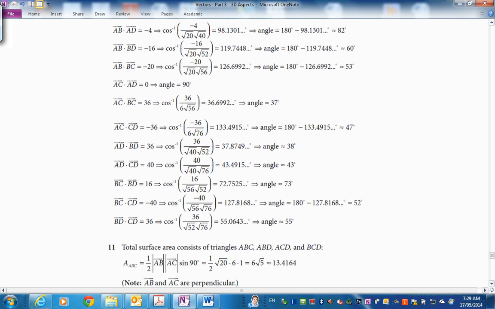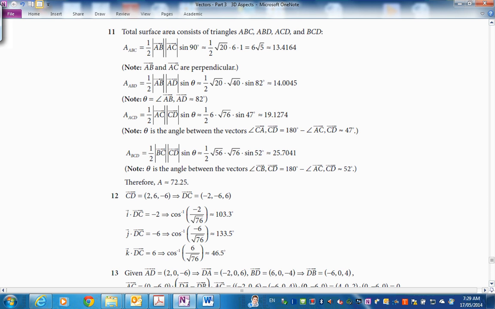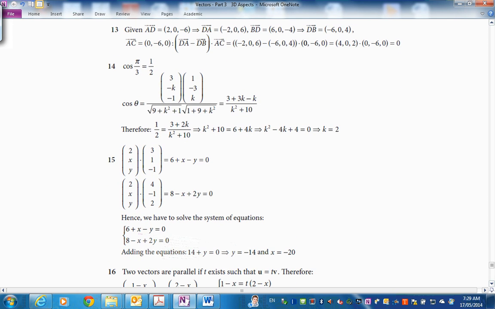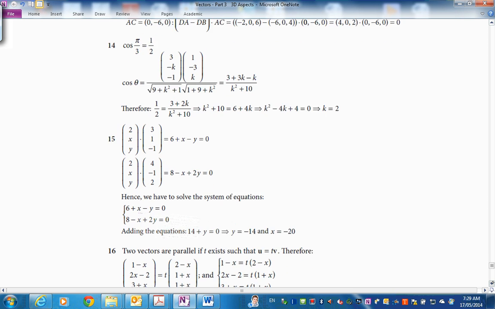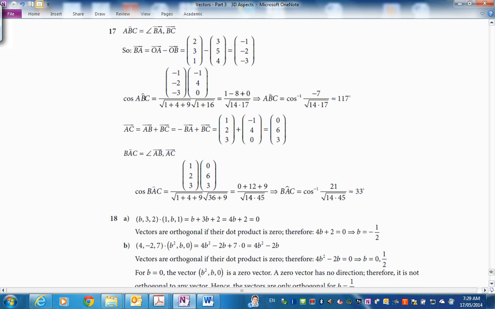Rest of 10. A lot of work in 10. Give that one a miss, I think. 11 and 12. 13, 14 and 15. Sixteen, 17,